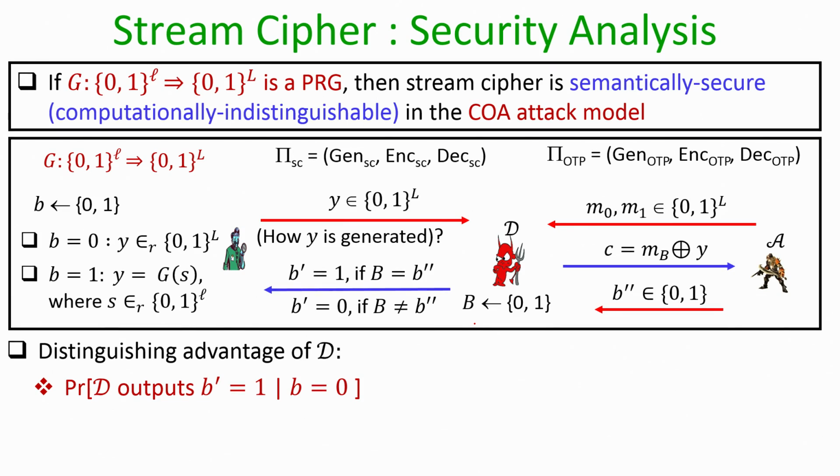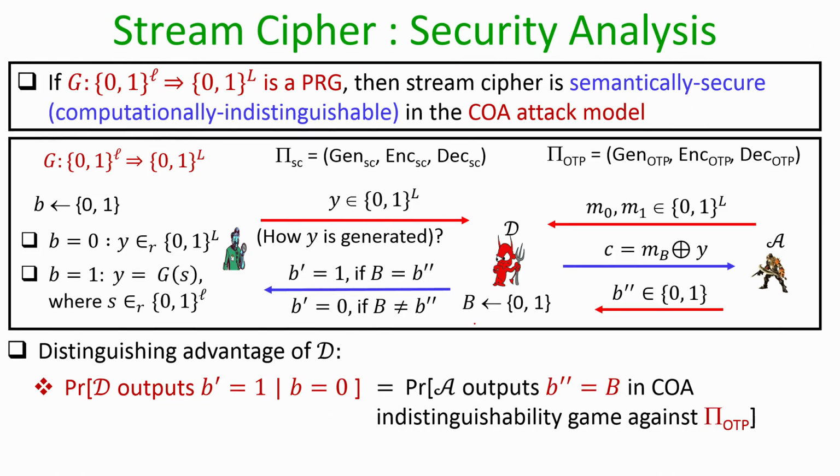Let us first calculate the probability that the distinguisher D we have constructed labels a truly random sample Y as an outcome of a pseudo random sample. Well, this is exactly the same probability with which an adversary A participating in the COA indistinguishability experiment against one time pad would have won the experiment, because if little b is equal to 0, that means the sample Y is truly random, then the challenge ciphertext C which is given to the adversary is as per an instance of OTP, and with whatever probability the adversary A would have won the indistinguishability game against OTP, only in that